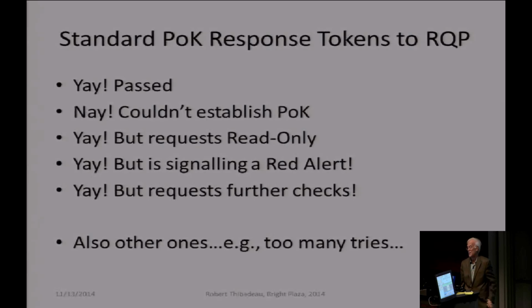And so that brings us to the standard proof of knowledge response tokens to the RQP. Remember, we're trying to keep privacy in place here. Okay. So the general response tokens people think about is, yay, he got the password right, or nah, he couldn't establish the proofs of knowledge. But with advanced capability testing, you can include things like the user is requesting the site be